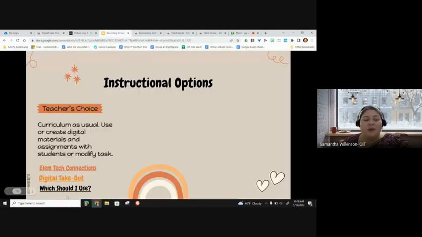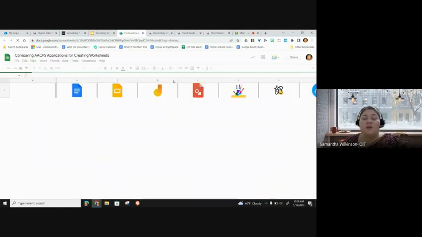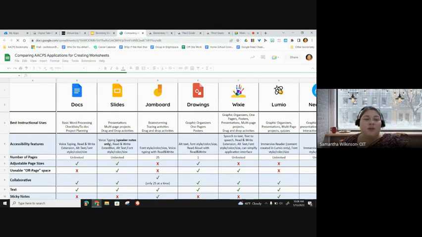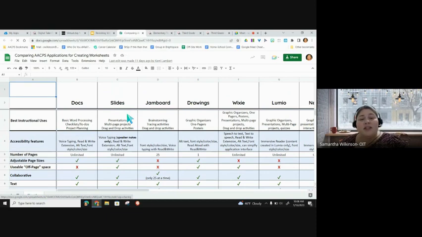The last thing we want to remind you of is considering which application you're using with students and is it right for the job. So, for example, if you are doing something that involves students moving manipulatives for a math assignment, Google Slides might not be your best option because not only does it take a long time to create, but it's not as user friendly. Something like Wixie would probably be a better option so that students can add and move things a